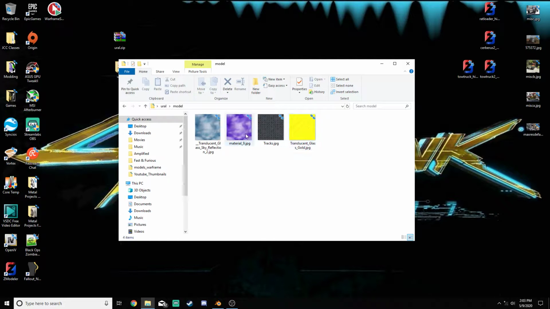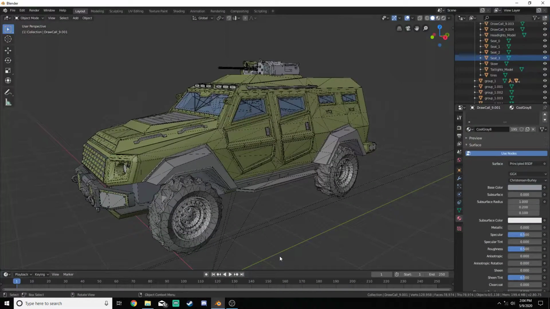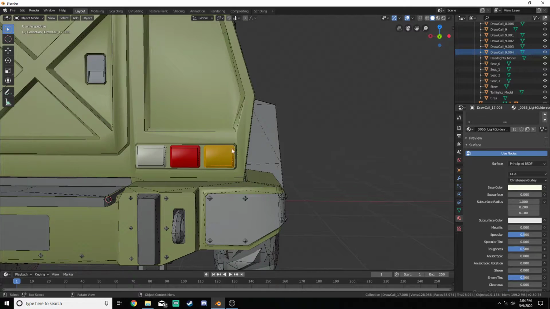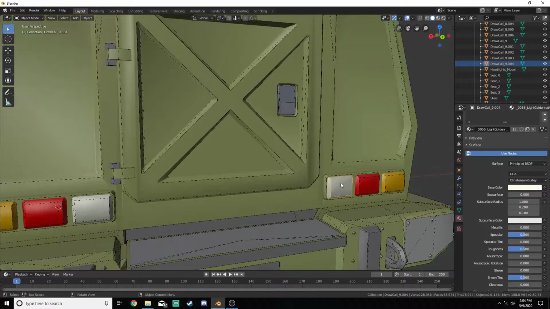Doesn't seem like we got a whole lot of textures here. This stuff might be used for something, but DAE files you can open up in Blender, and this is what the vehicle looks like. To save everybody some time, I went ahead and separated the seat. That right here, that one light is one object. It's somewhere in there, but, okay, so this one's just one object